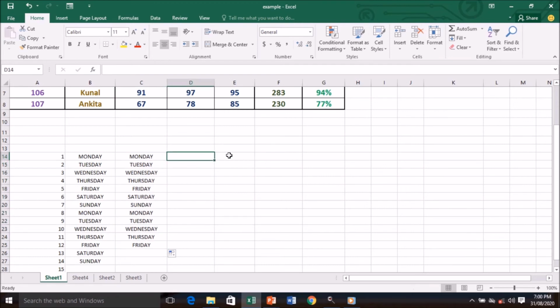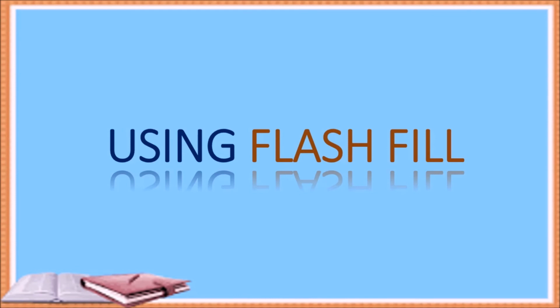But when you want to fill numbers, suppose I write 6 and then 7. For words we just write one, but for numbers we have to write two numbers. I take the mouse pointer to the corner, the black plus sign, hold and drag it down, and see what appears. This is the autofill feature. Clear, my children?